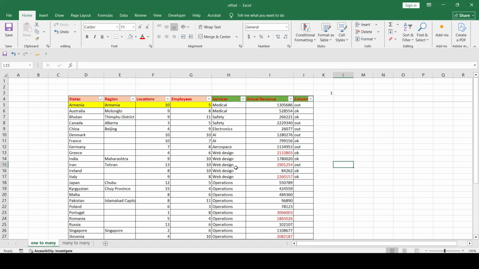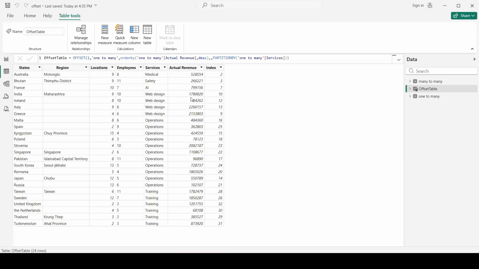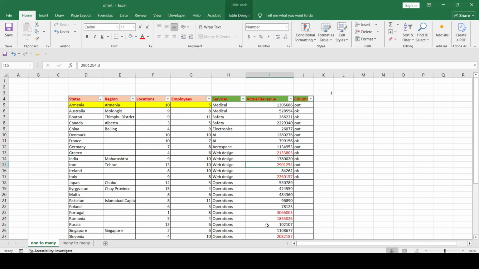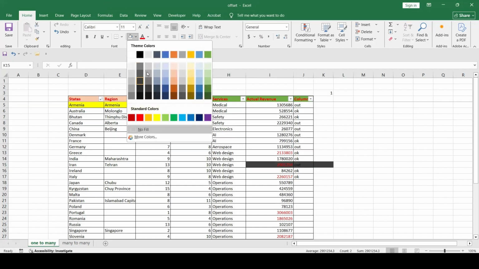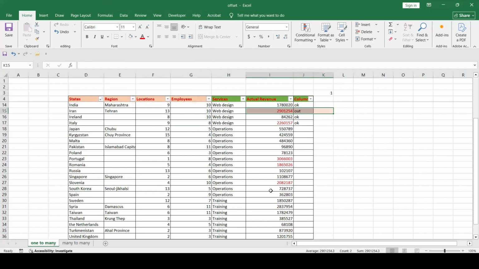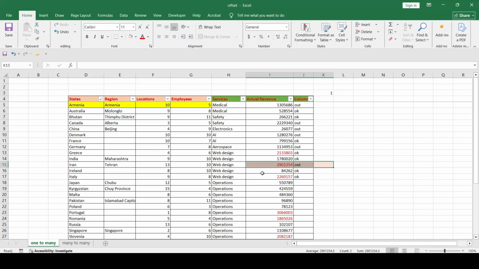So let's check web design, 2.9 millions. It shouldn't be here. It is not. We have 4 values instead of 5 because the 5th position was just taken out. Good.